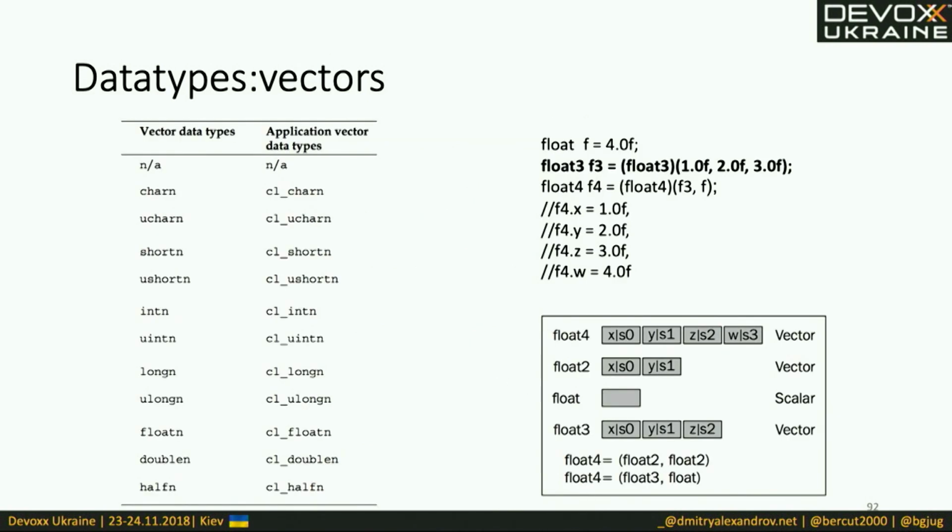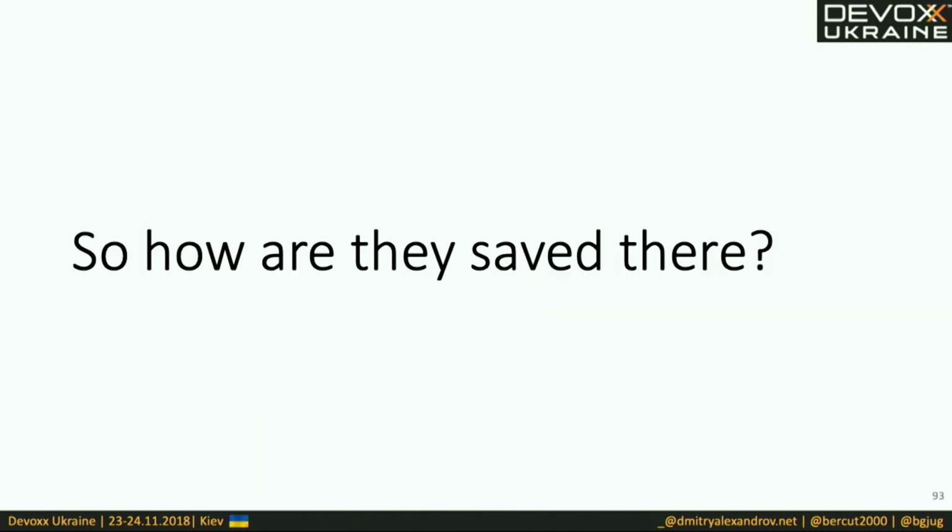And most of the time, you start working with vectors. So vector is exactly for this SIMD operation. So for example, if you have a float4 vector and you send it to a SIMD device, it will make 4 operations on a float value in one tact. So this is something you have to think about. If you work in SIMD, you have to supply this because you have a lot of benefits there. And they are saved there in a very fancy way.